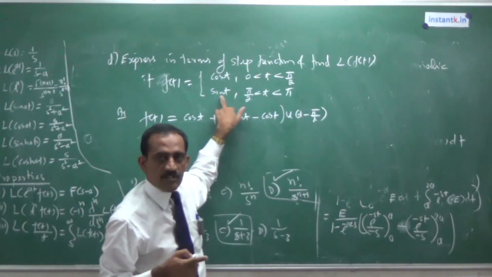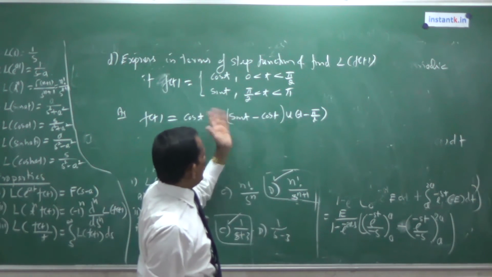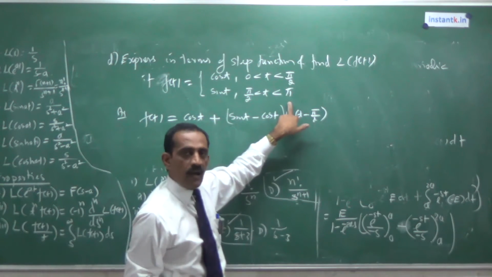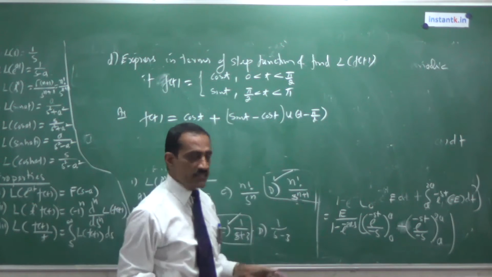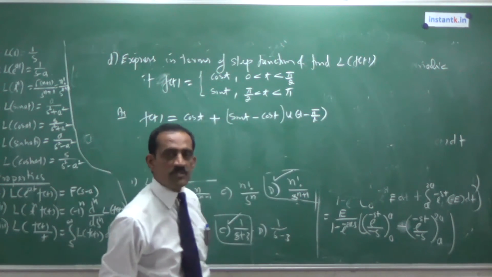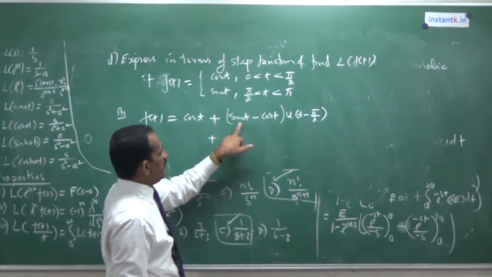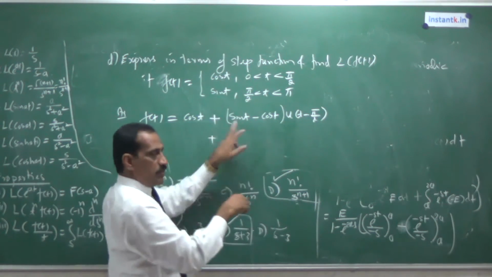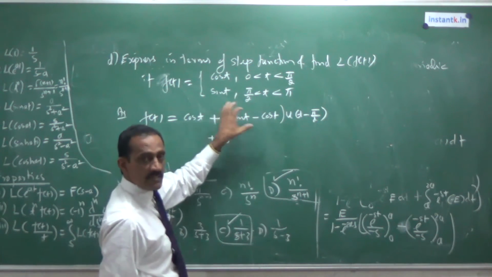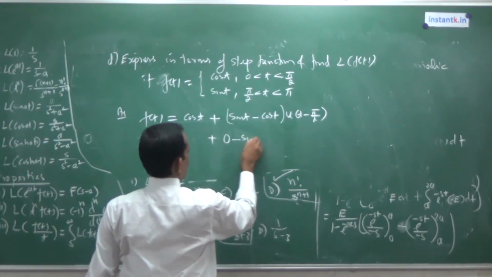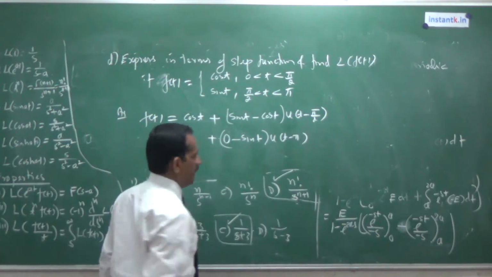We get that also. But there is a limit for this sin t. It works only up to pi. After that, what? Nothing is mentioned here. After pi, the function must be 0. So what do you have to do to make it? But what are you getting here? Sin t. So next, what do I need? 0. So write that 0. But which one do you have to remove? Sin t is present there. Subtract sin t, multiplied by the step function when t is greater than pi.